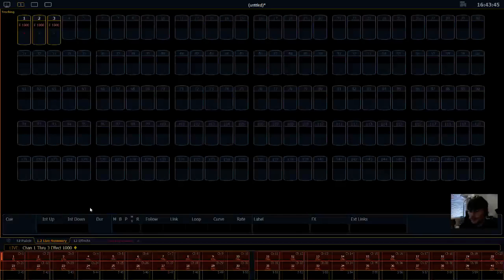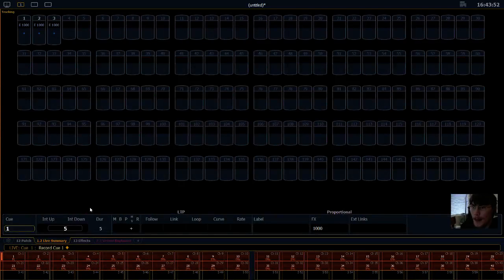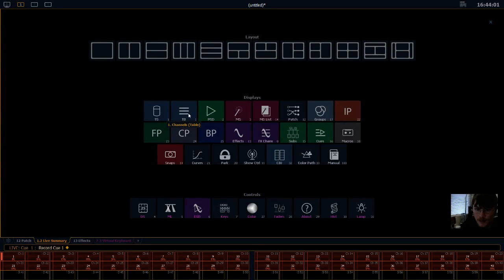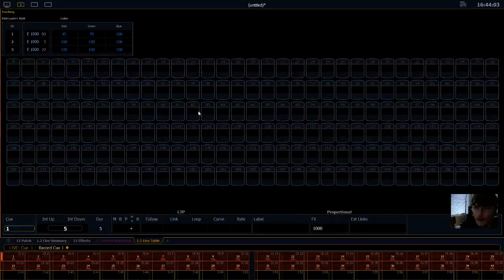Now, I'm going to go record Q1, and now, if I go to table, there we go. You can see right here that they're all changing intensity. You can do the same thing